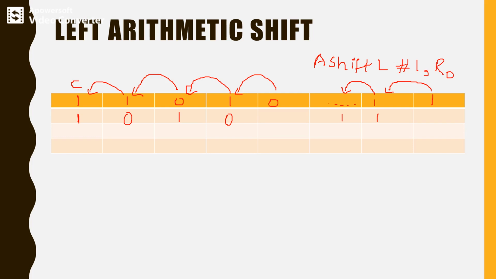So now we have to check what is the value of the MSB bit after performing arithmetic shift left. What is the value of the MSB bit? So this is the value of the MSB bit. So this is nothing but the carry value. So check the value of the MSB bit and we can fill the same value in the free or vacant location. So this is the new value of the processor register after performing arithmetic shift left with respect to processor register R0.